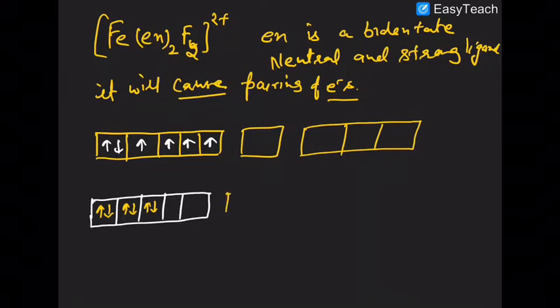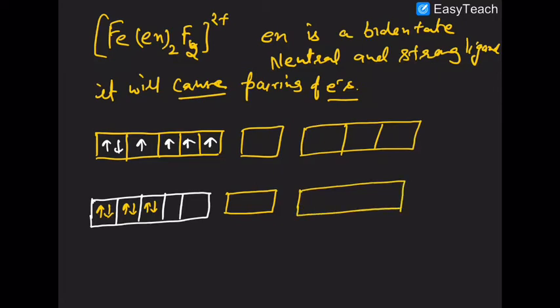So you have here 4s, and then you have the p orbitals which are present here. So what will happen in this case now? How many do you have? You have 1, 2, 3, 4, 5, 6. So you have 6 ligands. Actually, not 6 ligands, there are 2 en ligands. So 2 en will give you 4.